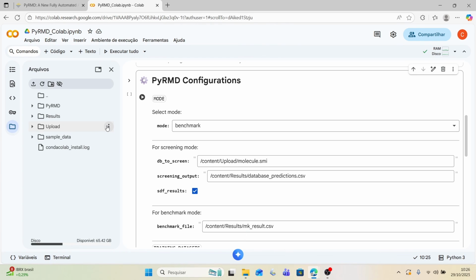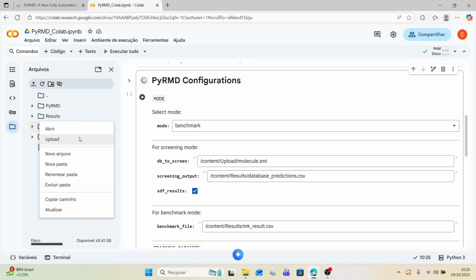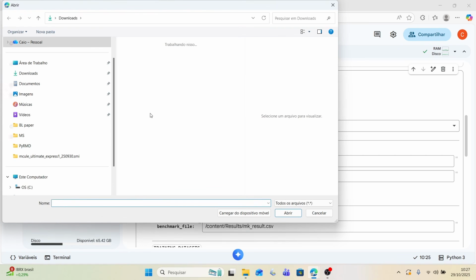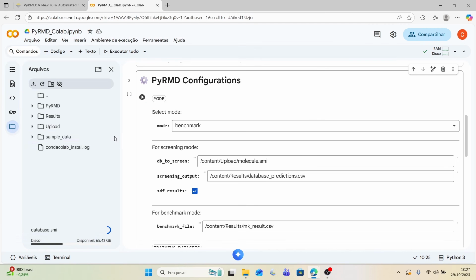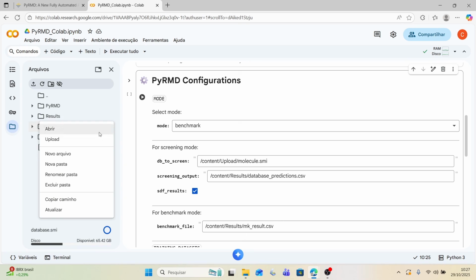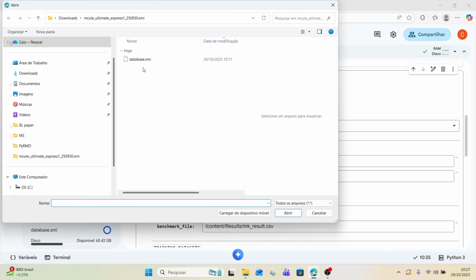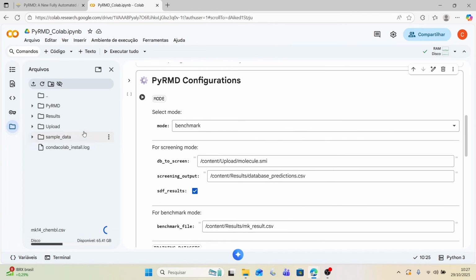called upload. So just go here to upload, and upload the database, okay, and upload the file to use to train the AI. So we now have two files,